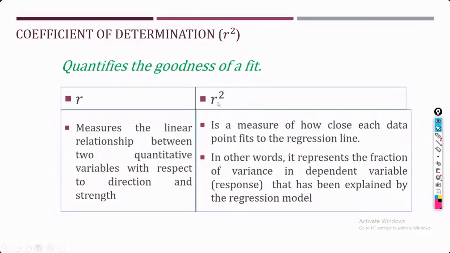The higher the value of R squared, the better your model is. Suppose for one model I am getting a value near 0, and for another model I am getting a value closer to 1. The value which is closer to 1 is more appropriate, meaning the model for which I am getting the R squared closer to 1 is going to be more appropriate than the second one.